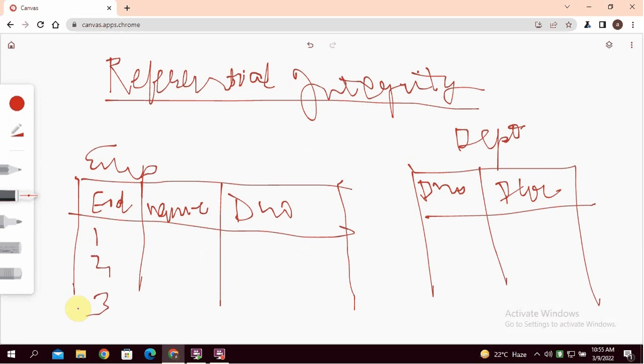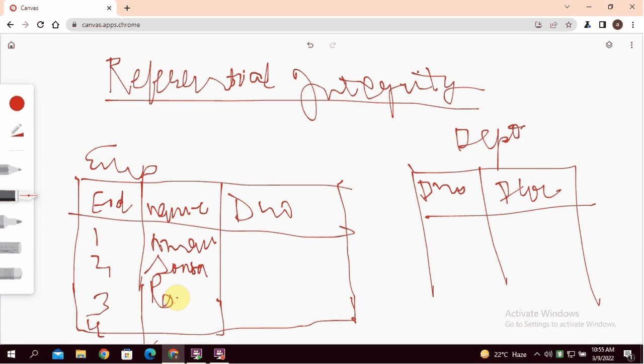EID 1, 2, 3; name Aman, Sonia, Ram, John. D number 10, 11, 10, 15.